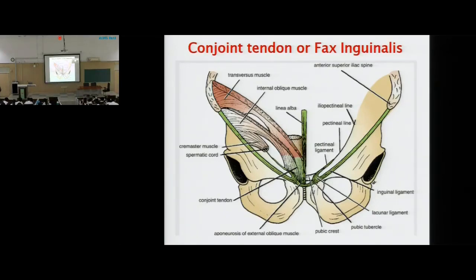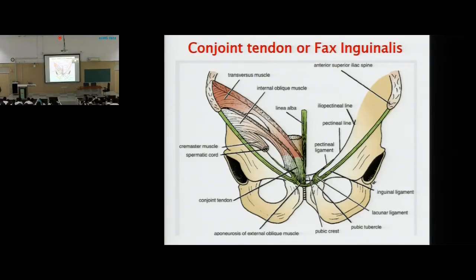Then next to it is the transversus abdominis. Again, these fibers originate from this place, and then this is the free end. These aponeurotic fibers are going to stretch and get inserted where? On the pubic symphysis. Again, they are forming the roof of this inguinal canal. So we say the roof of the inguinal canal will be formed by the internal oblique and transversus abdominis. If I ask you exactly, the medial roof and the lateral roof are formed by which structure? You will tell me the medial roof will be formed by the internal oblique and the lateral part of the roof will be formed by the transversus abdominis. Clear, there is no need to memorize this by rote.